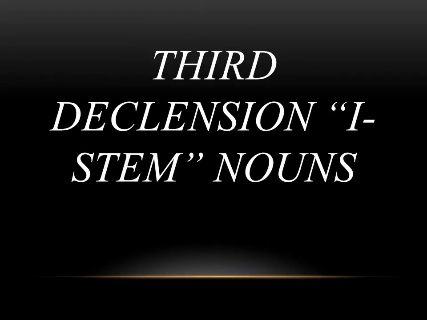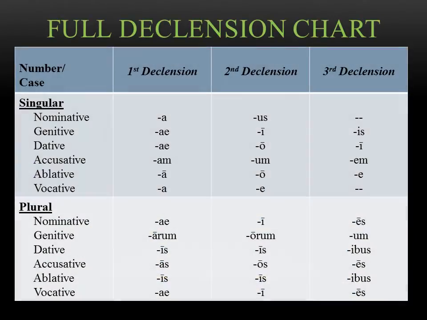So the grammar for this chapter, the first part, is third declension I stem nouns. And this is an idea that we're just touching the surface of in this chapter, but we'll come back to it later on in the book. But for now, you want to think about declensions, specifically the third declension, and the noun endings that go with it. So just a quick recap. This is the chart we've seen so far this year for noun endings in the first, second, and third declension. And in this chapter, we're specifically looking at the third declension, so you don't have to worry about the other 2 for now. But look at these third declension endings.